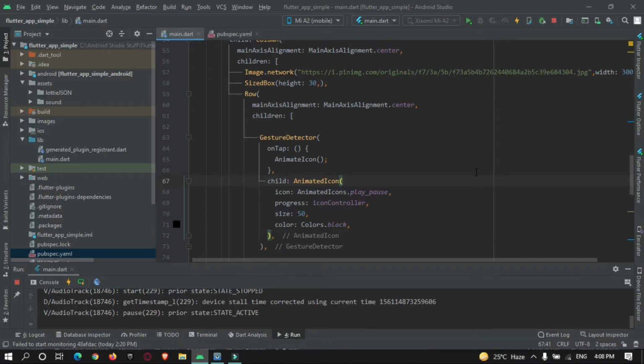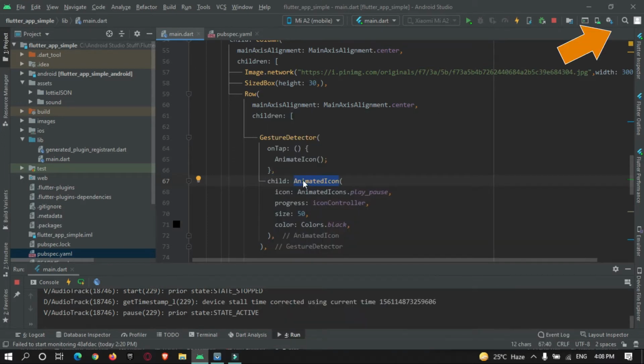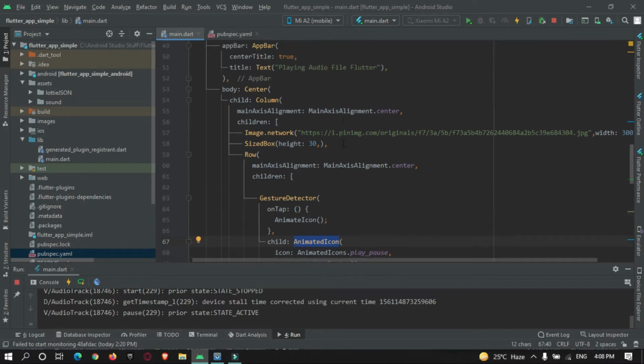Okay, so now we are in Android Studio. Please note that I am making use of the same project that I have used in my previous video tutorial on animation icon. Because I need this same project, I don't want to repeat this coding. So if you have not watched our previous video tutorial on animation icon, please check out the video tutorial. There is the I button over here. Okay, so let's begin with the tutorial.